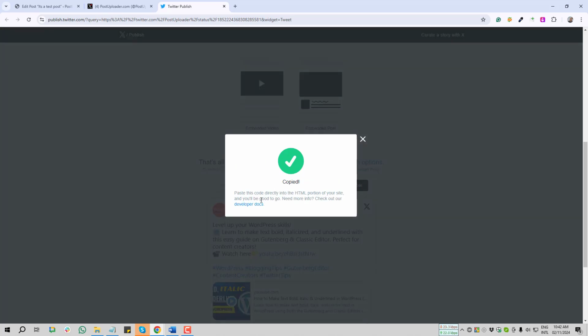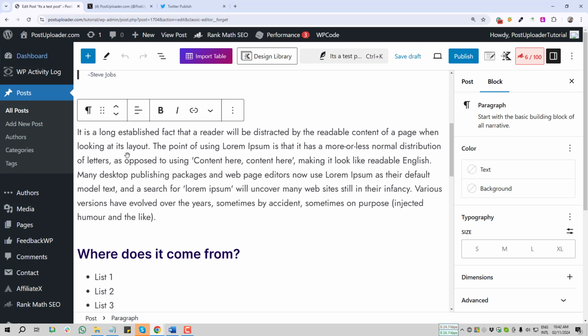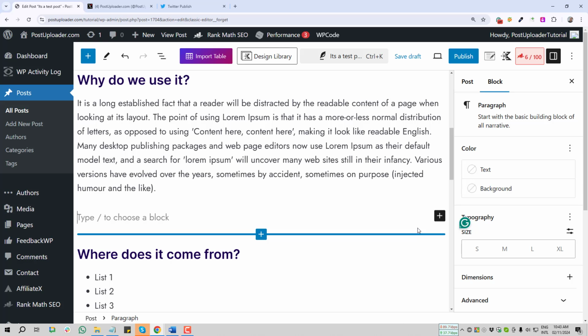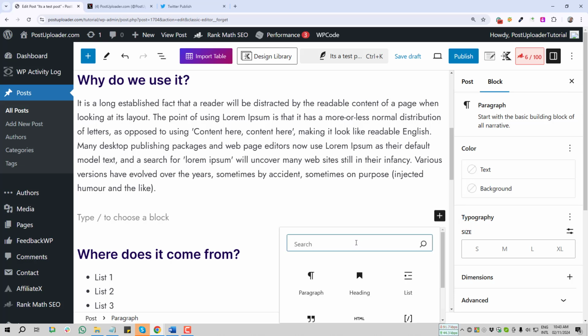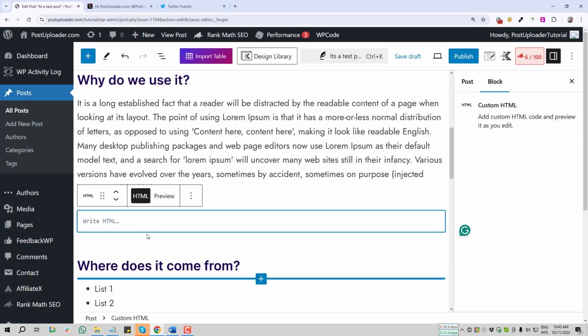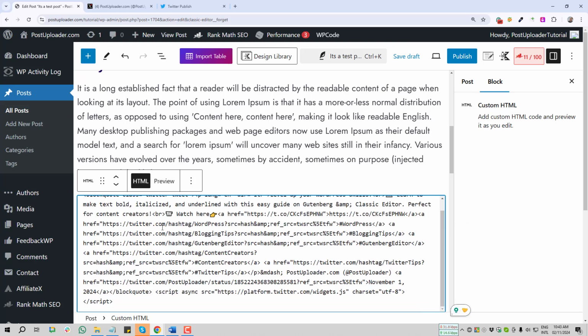So the code is copied, and I am coming back to my website dashboard. Here I am going to select a new block by clicking on the plus icon, add block, and here I am searching custom HTML. So this is the custom HTML block. I am going to paste that code which I copied from Twitter. So pasted here and save draft,